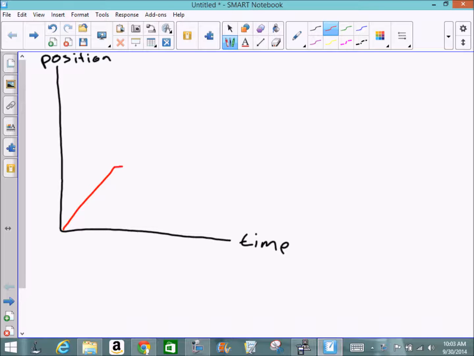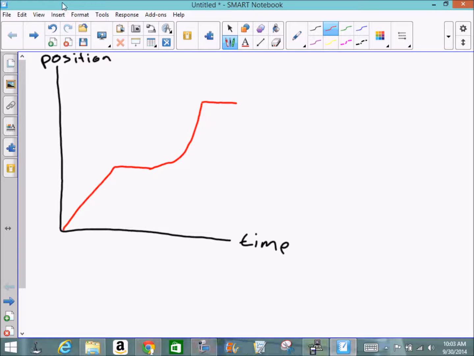Consider an object in motion, and we measure the position of the object over time. So our object's moving, then we sit still for a minute, then we kind of slowly get moving again, then we speed up, and then we stop. And so when Newton was kind of figuring out the physics aspect of gravity and things, he noticed that mathematically